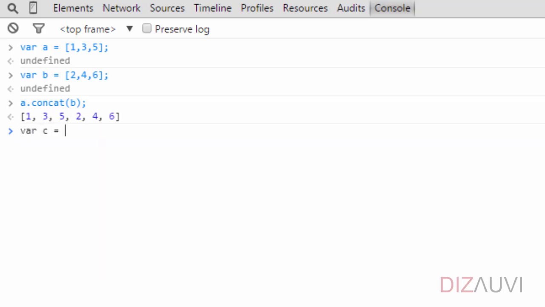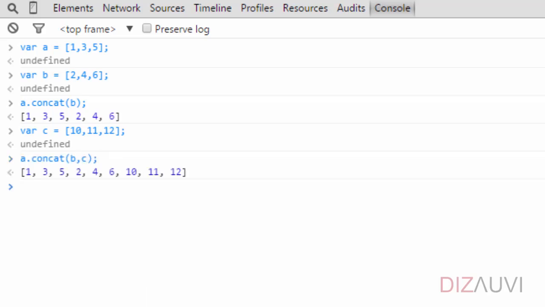If we want to keep it for future use, we must keep the result in a variable, alright? Let's create another array C with elements 10, 11 and 12. This is to show that we can concatenate multiple arrays at the same time. So now we can do a.concat and pass B and C as arguments separated by a comma.